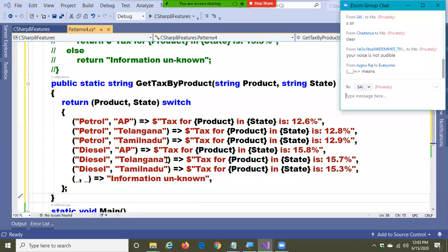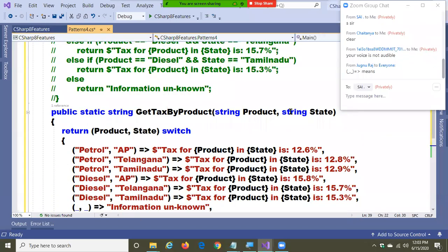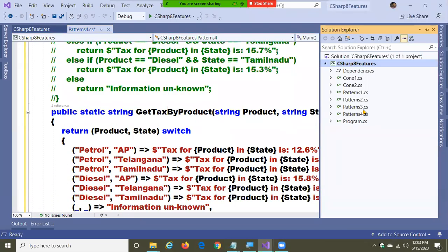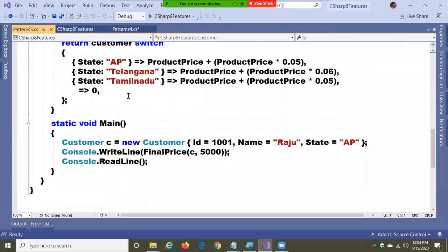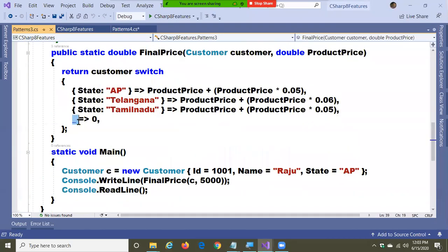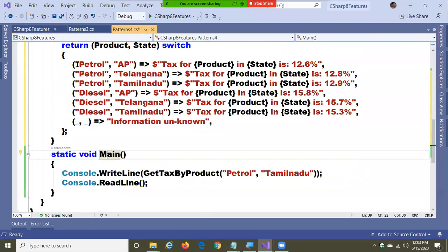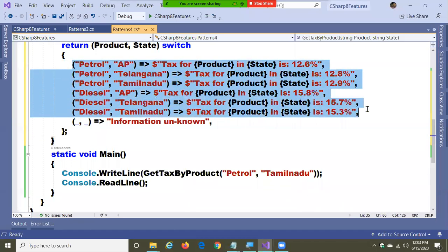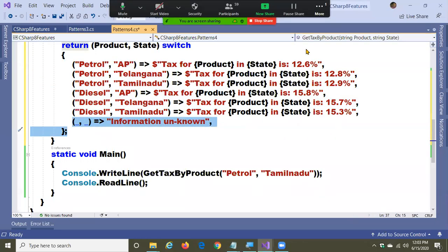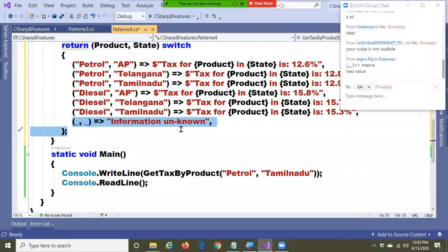Yeah, see, basically this is default. If at all you want to give default. See, yesterday I showed you the default. Yesterday, default was a single value only, because there was one value. But today we are comparing with two values. This is one value, this is one value. So that's why I should use two underscores here. So this is taken as a default, like an else or a default. That is the use of underscore underscore.